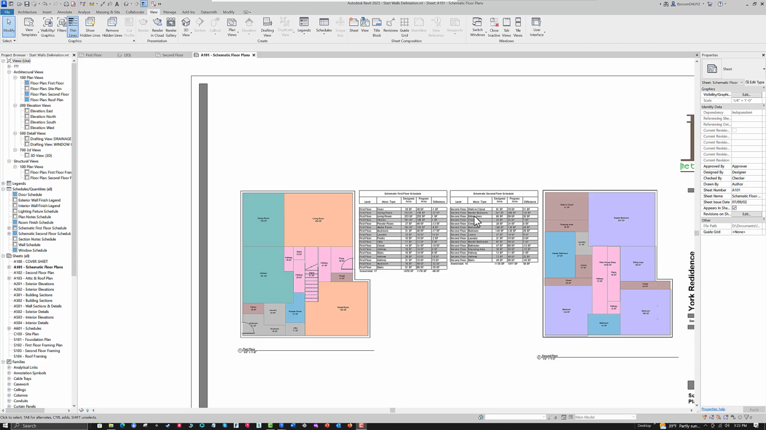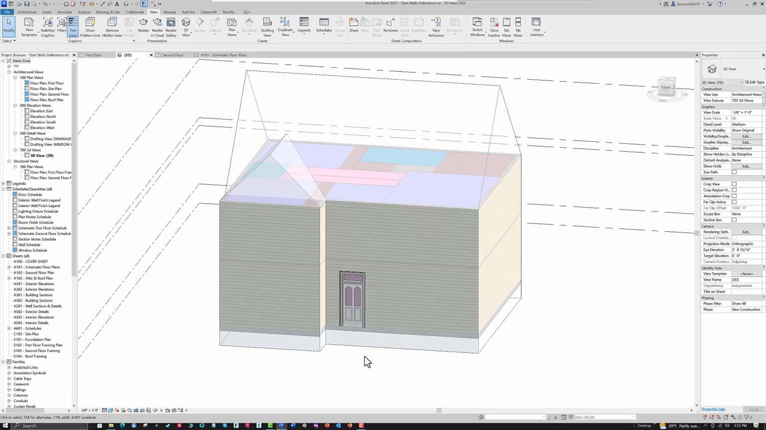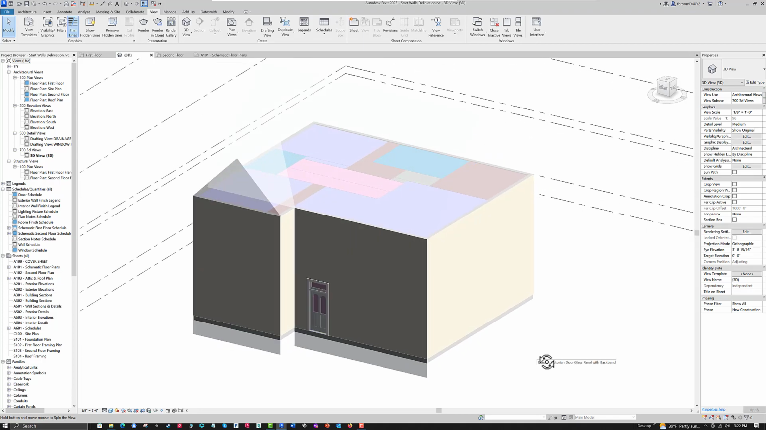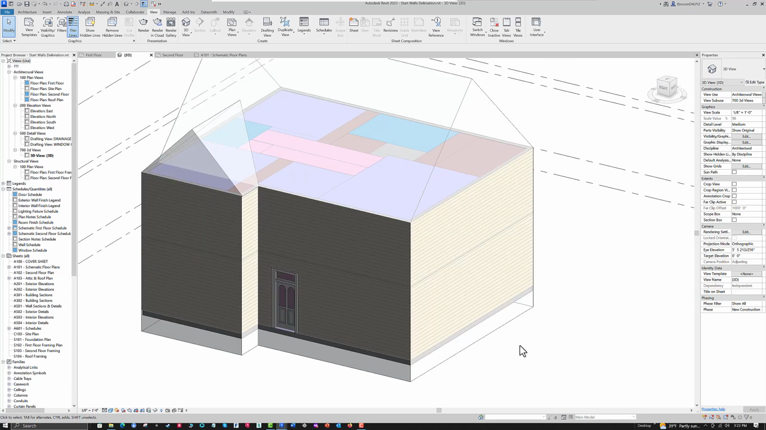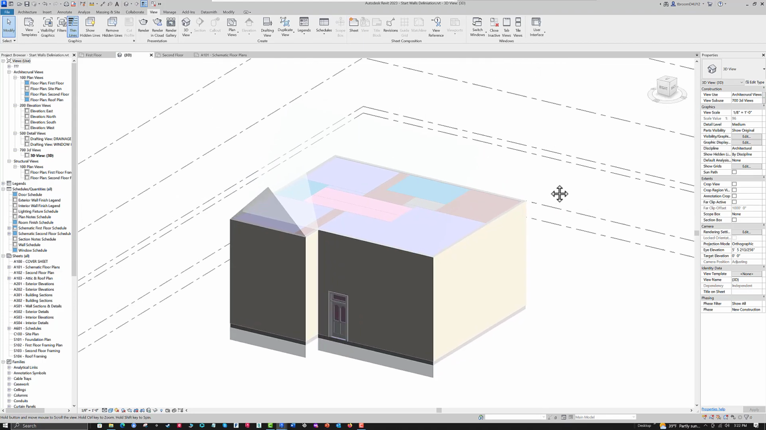If I go to my 3D view, here it is from where I left off last time. This door, by the way, that I put in, is one that I made. I had done some research and found a Victorian door that I liked, and so I went ahead and made this one. Now what we need to do is add our foundation wall and create our roofs